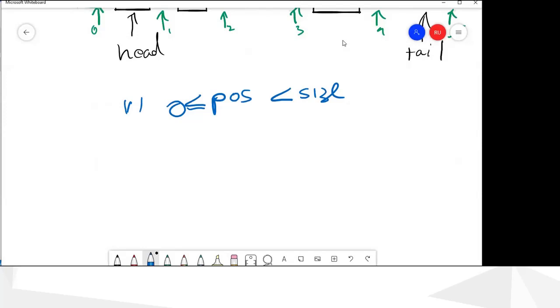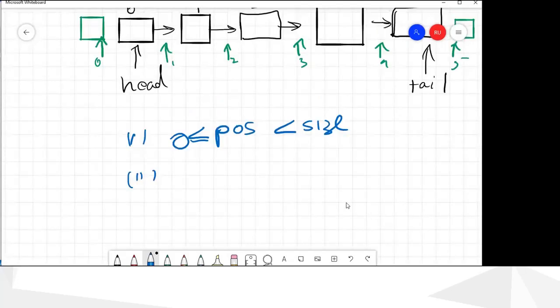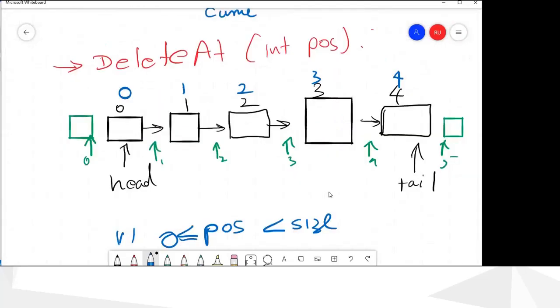And then what you have to do is move to the given position. So for example, now we want to delete, say, this one, and you start here and move the current pointer 1 time, 2 times.